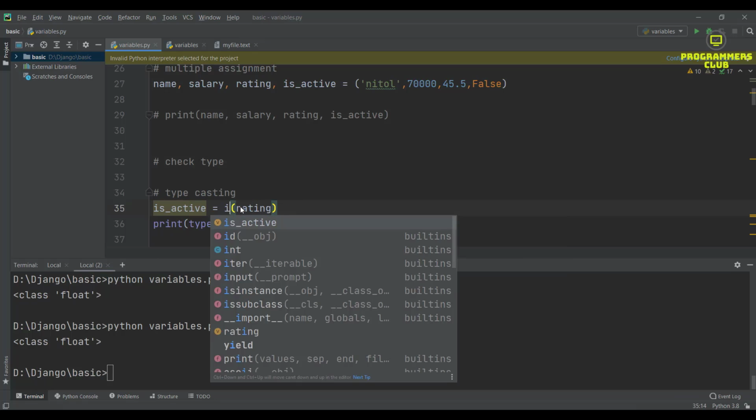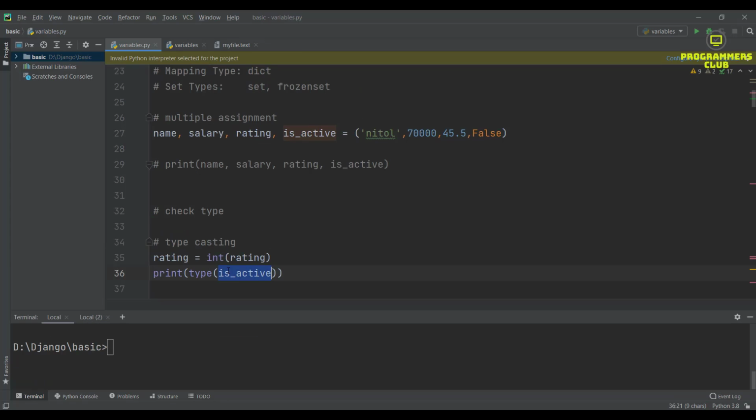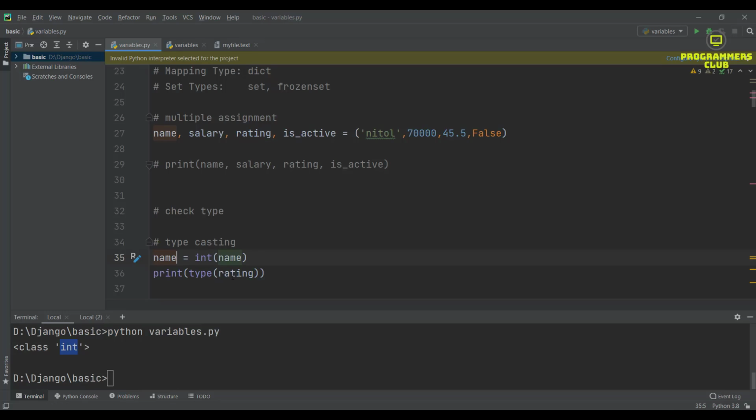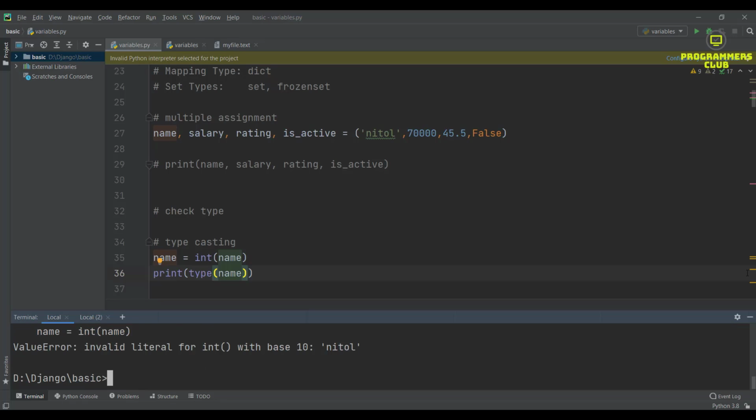I want to convert to integer, and print that, it's now converted to int. An interesting thing: I want to convert this string to integer. Now I run this and I get an error, because we cannot convert a string to an integer. I hope you understand about typecasting.